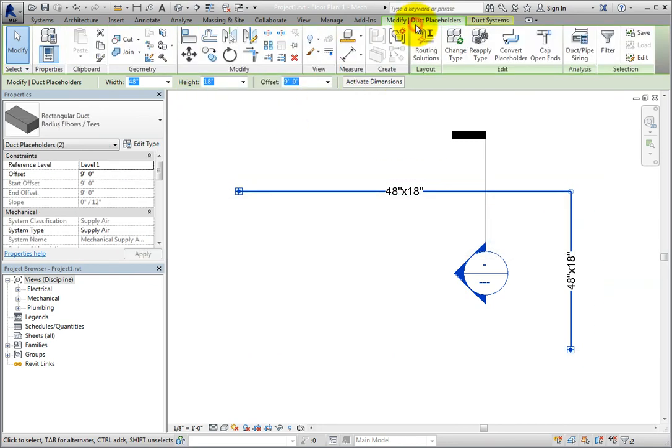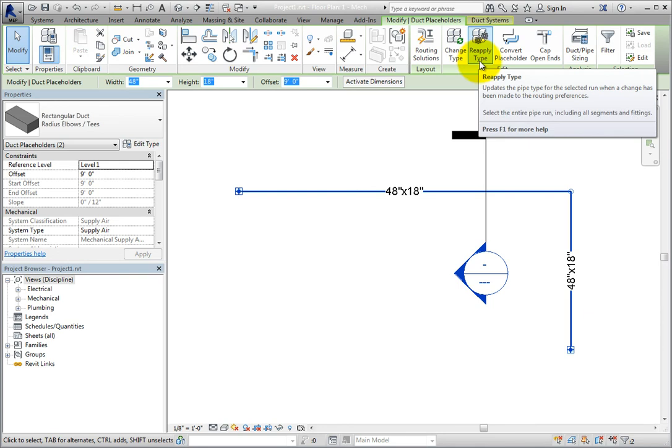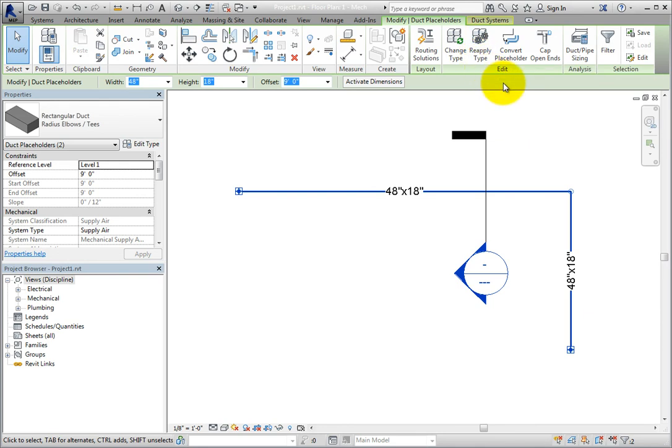On the Modify Duct Placeholders contextual ribbon, there are tools to edit the placeholders in the Edit panel. With multiple duct placeholders selected of different types, you can select Change Type to change the type of each placeholder selected. You can also select Reapply Type to update the type when changes have been made to the routing preferences. Additionally, when desired, the duct placeholder can be converted to a regular duct element. To accomplish this,